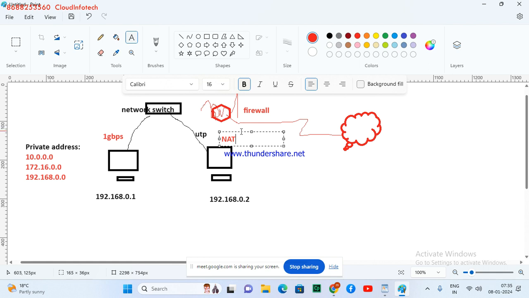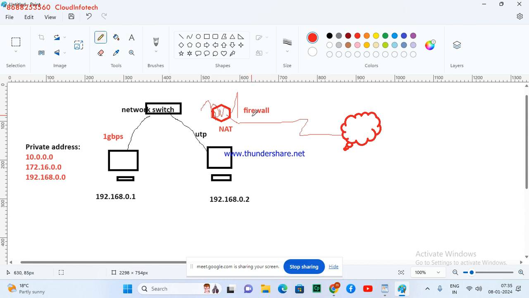So that makes sense that you do not have multiple IP addresses. You don't want to invest in a lot of IP addresses, and you want to share a single internet connection to your internal network, whether 200 machines or 2000 machines. So what do you do? You connect and you enable the NAT on the firewall. Once you enable,